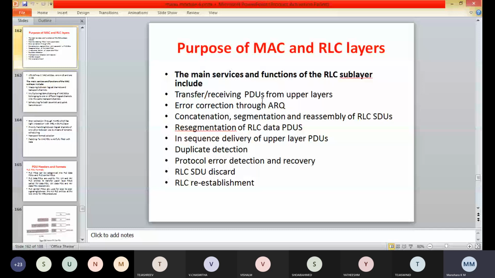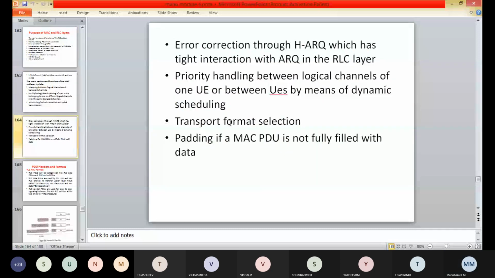Next we have the priority handling between the logical channels of one user equipment or between the user equipments by means of dynamic scheduling. Next is the transport format selection, that is the selection of the modulation and coding scheme, MCS, for the link adaptation.